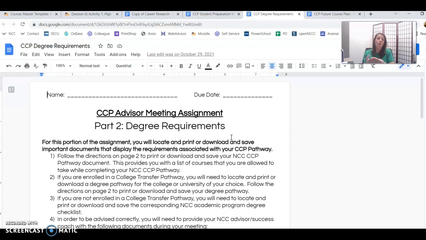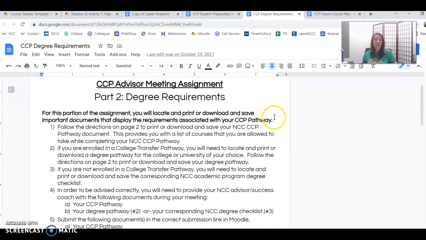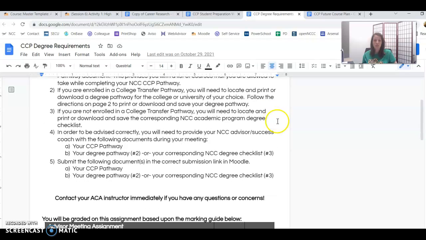And then we're also asking you to get something called a BDP, or a bachelor degree plan. And that is actually a document that shows you what classes you need to be taking at Nash Community College